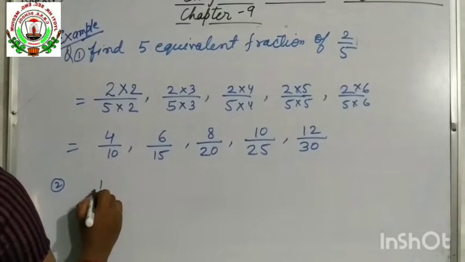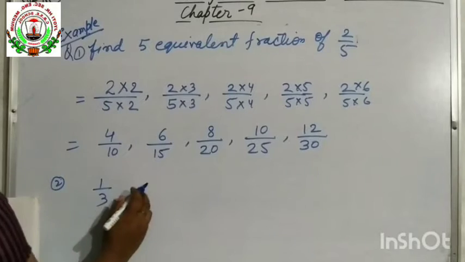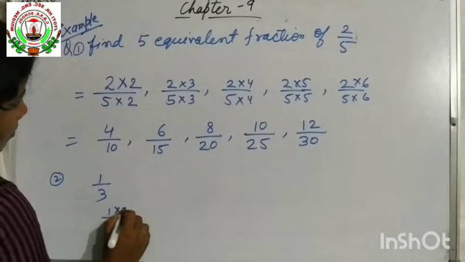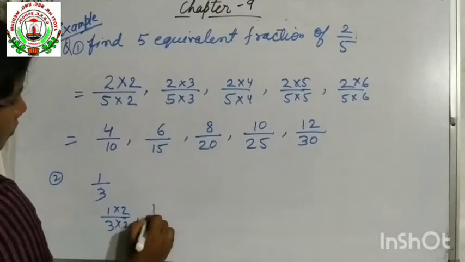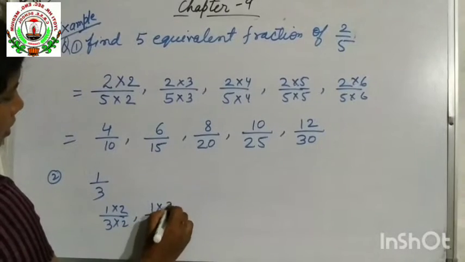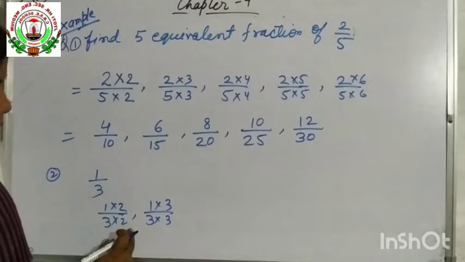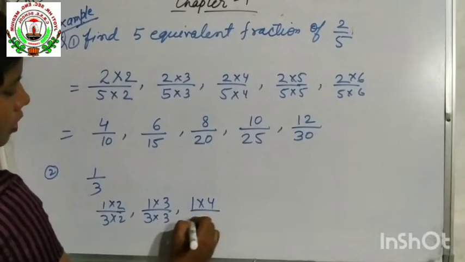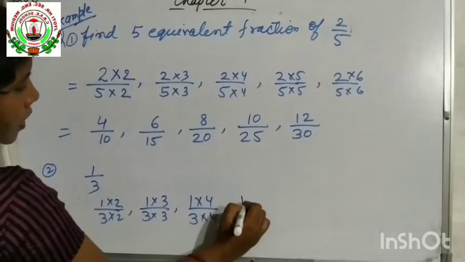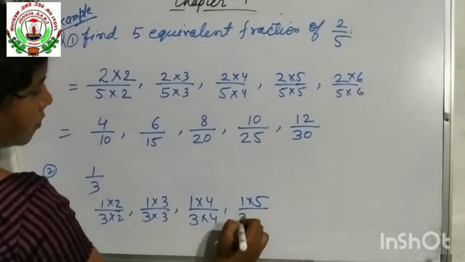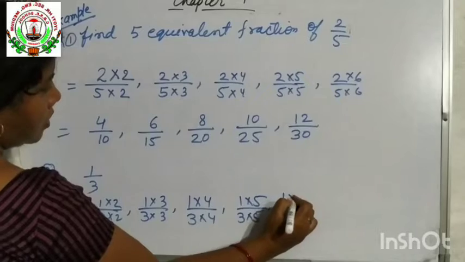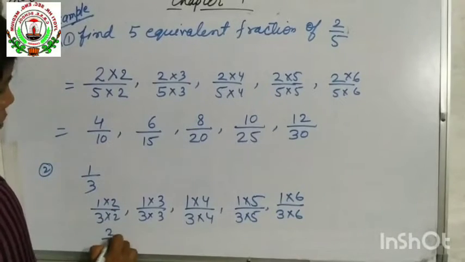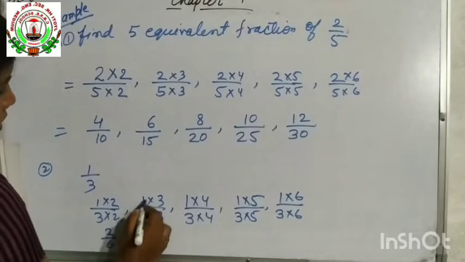Suppose given is 1 by 3. Okay, 5 equivalent fractions we have to find out. So 1 by 3, first we will multiply by 2. Then 1 by 3 multiplied by 3. We are using the same number. After 2 we are taking 3, then 4, then 5, and then 6. Now 2 1s are 2, 3 2s are 6, 3 1s are